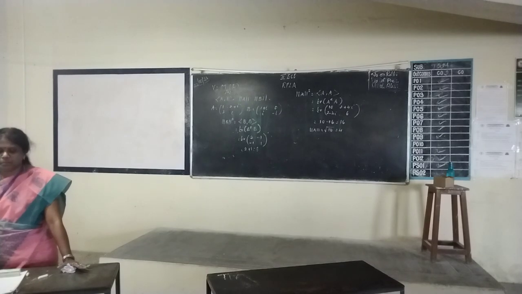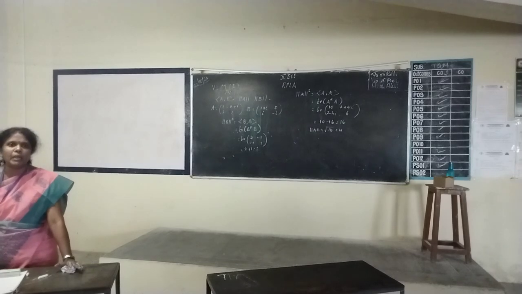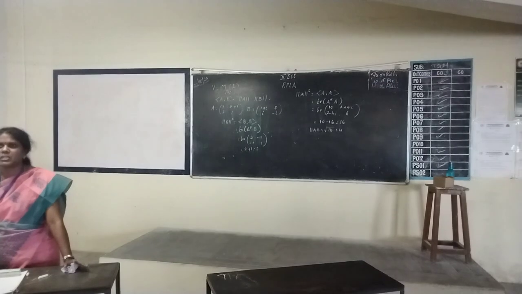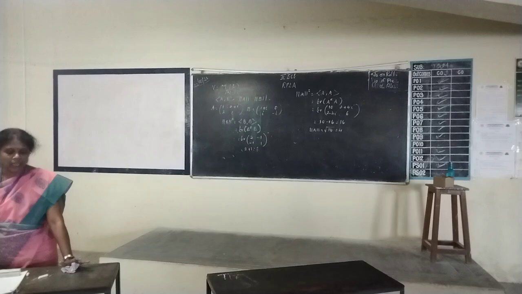Now matrix B. First row 1 2 3, second row 4 5 6. It is simple, like the previous problem, but here A star will be directly A transpose, no conjugate at all. Okay, so I want you to complete